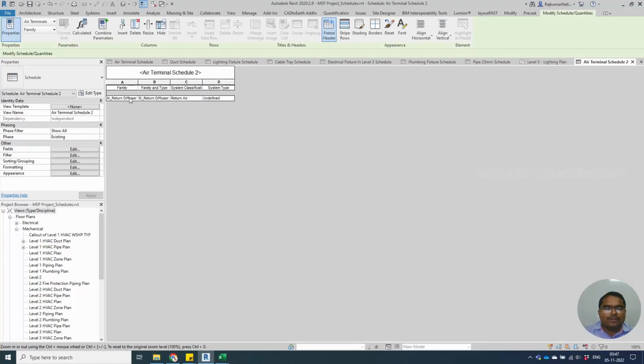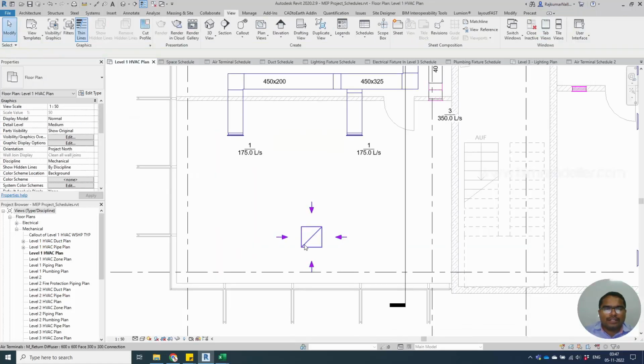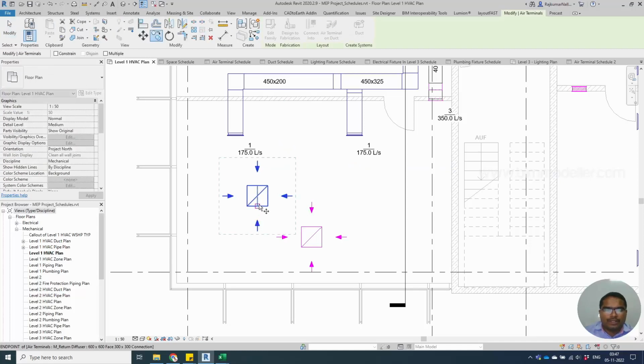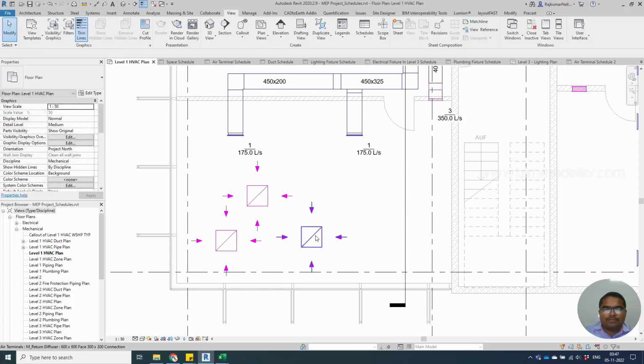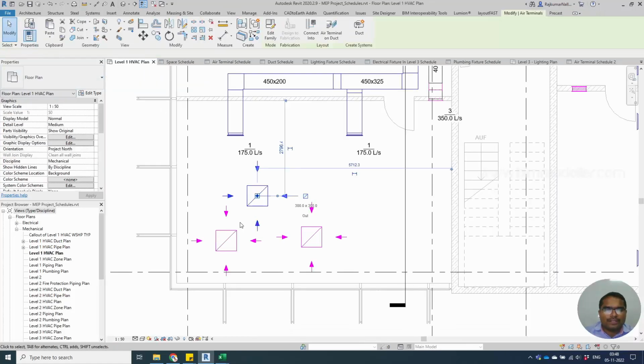If you see, only one air terminal is listed in this place, the reason being we have created only one element here. So let's go ahead and copy that as multiple elements like this. Now there are three air terminals placed as existing elements in this place. Let me go ahead and see whether it is